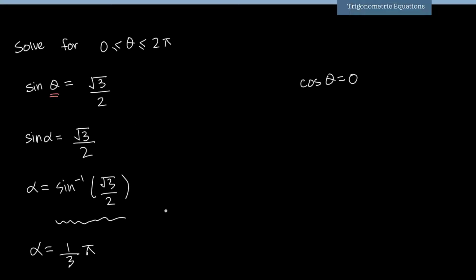Now I'll draw my 4 quadrants. And this equation over here, sine theta, is giving me square root 3 divided by 2. This is a positive value. My 4 quadrants are A, S, T, C. So my sine function is positive in the first 2 quadrants. So I'll draw a line in the first 2 quadrants and then I'll draw my reference angle. The reference angle is always measured from the x-axis. So this is pi upon 3 over here and pi upon 3 here also.